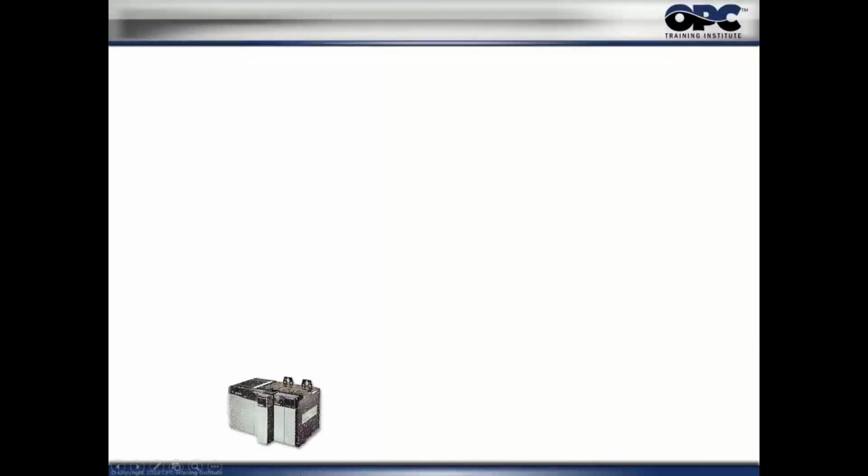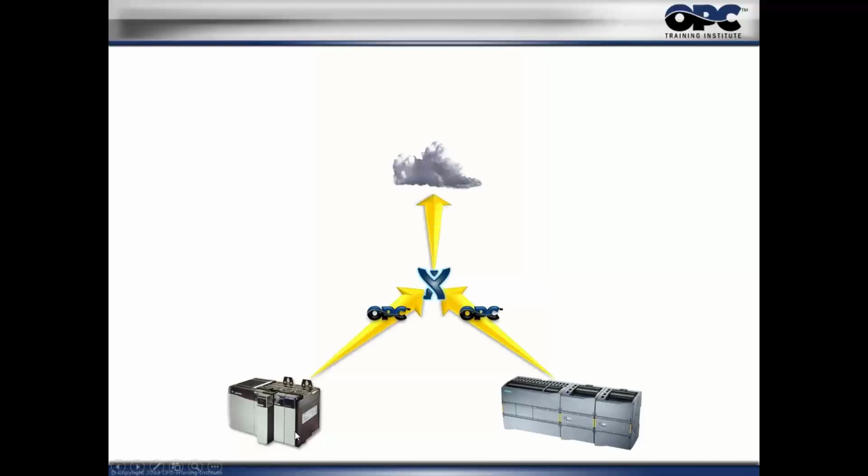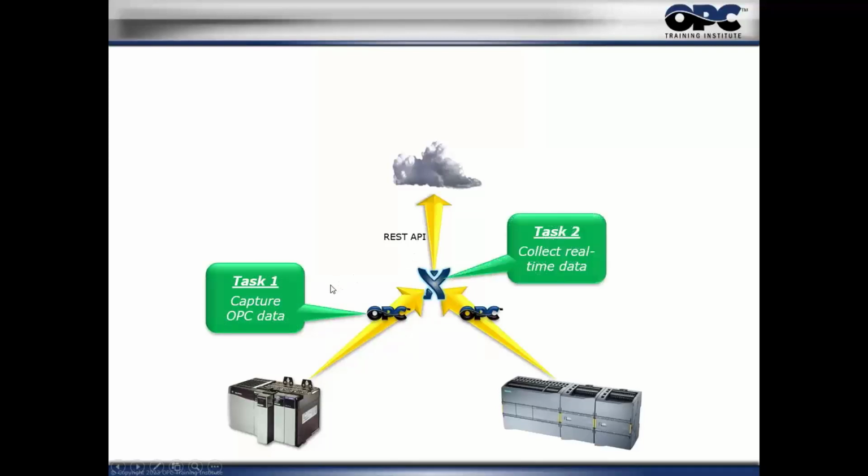So what we saw is we were able to get data using OPC Classic and OPC UA. We saw that we were able to write an application. Keep in mind, this application can really run anywhere. Using REST API, we saw how to capture data, collect the real-time data, and develop the applications. One thing I want to point out, of course,